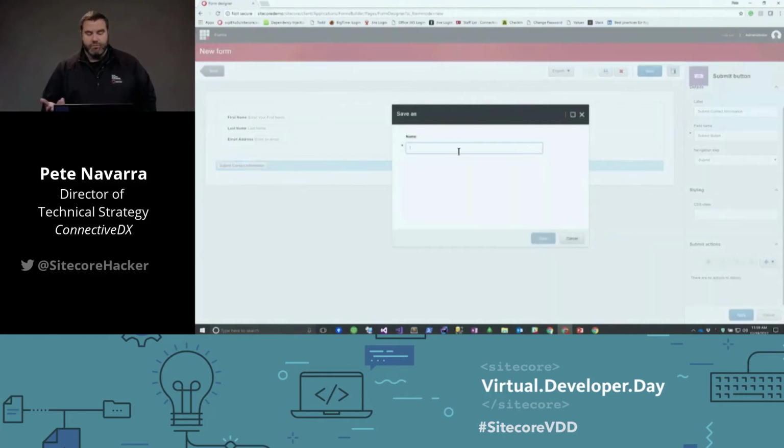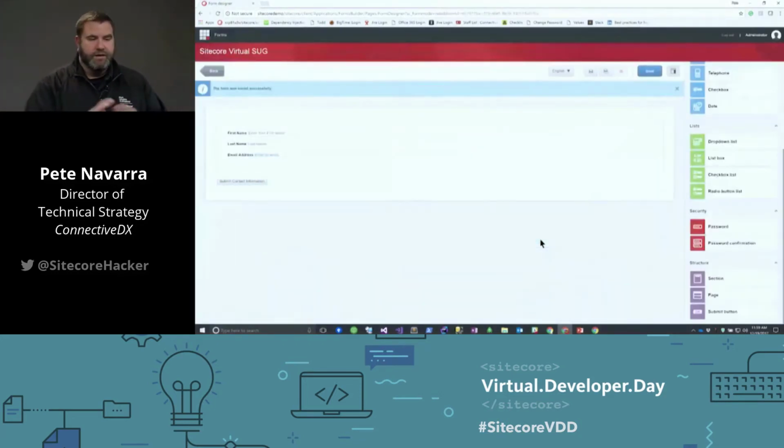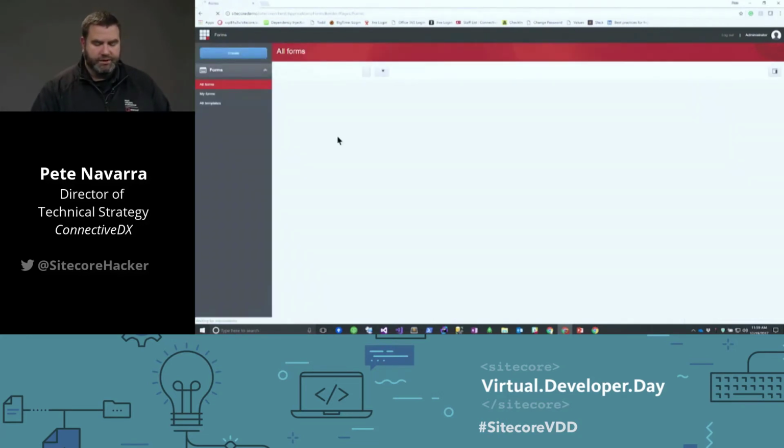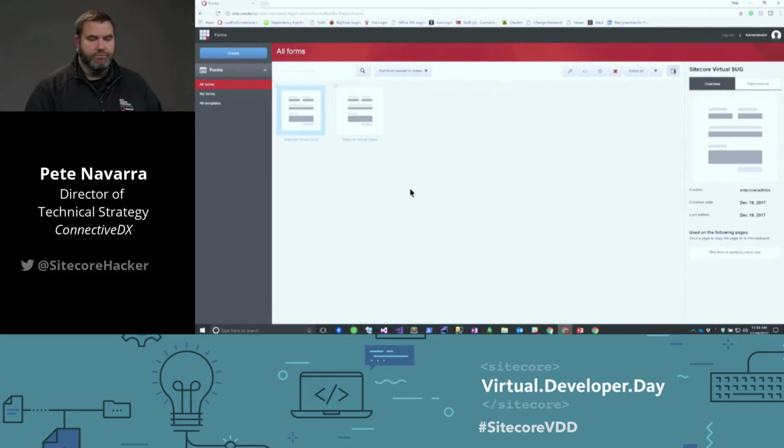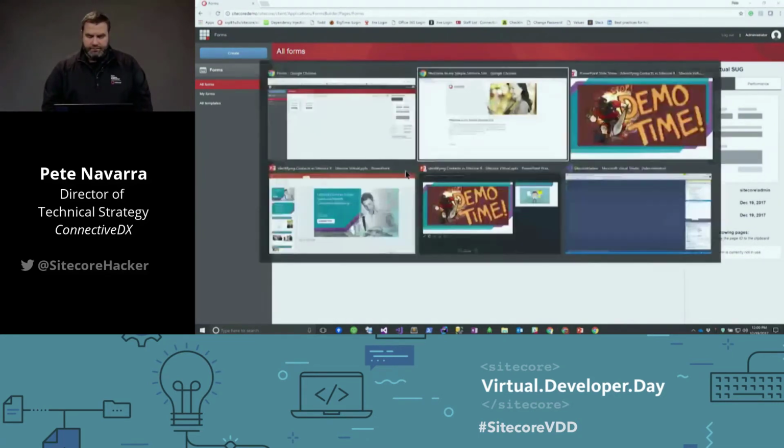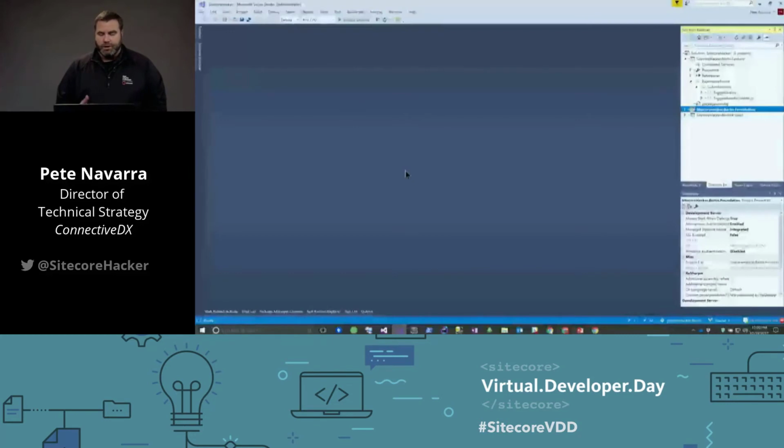And because it was a new form, we get to give it a name. So I'm going to call it the Sitecore Virtual Sug. And we're going to hit save. Sitecore does some Ajaxy stuff. Form was successfully saved. And now when we go back, if all of our indexes are aligned, you'll see that we now have a new form, Sitecore Virtual Sug. This is the form that we created. So we're going to drop back, go into developer mode here. And the next thing we're going to do is actually walk through creating